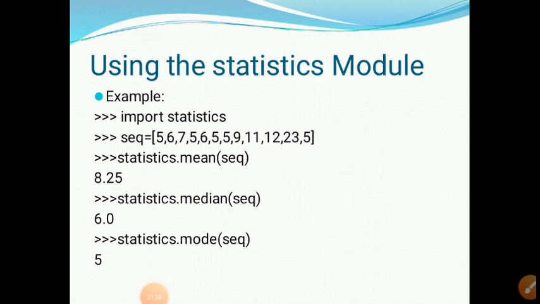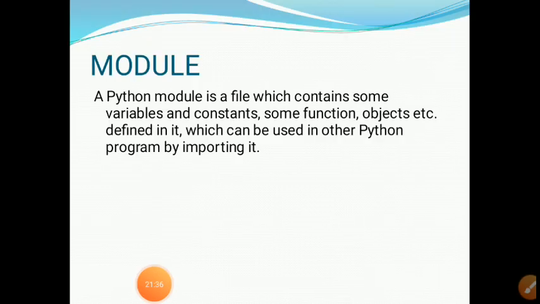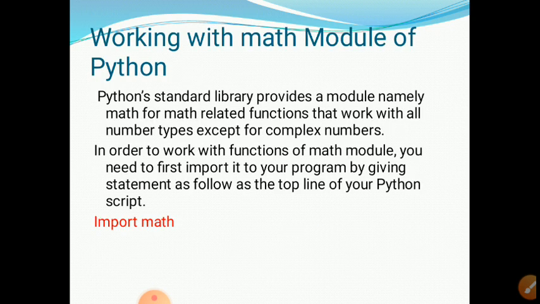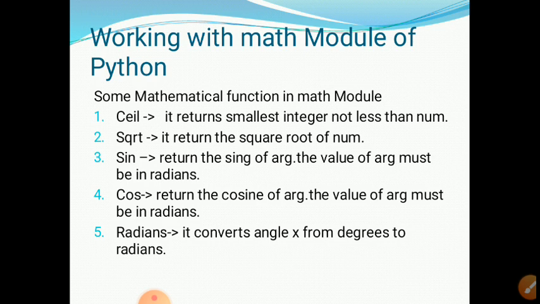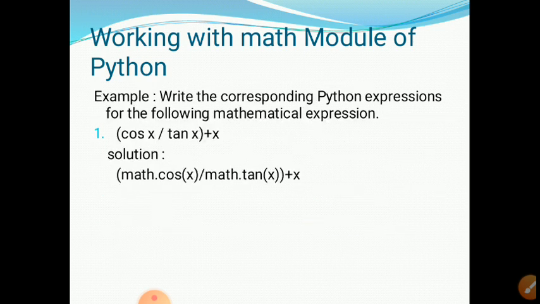Now let's revise it. Okay, today I explained what a module or a library is. A library is actually a collection of functions, variables, constants and different objects, and we use that library with the help of the import keyword. First I explained the math module. Here the different functions are inside the math module, and the way of using them is first the library name, then dot, then the function name. Okay, that is how we access the math module.